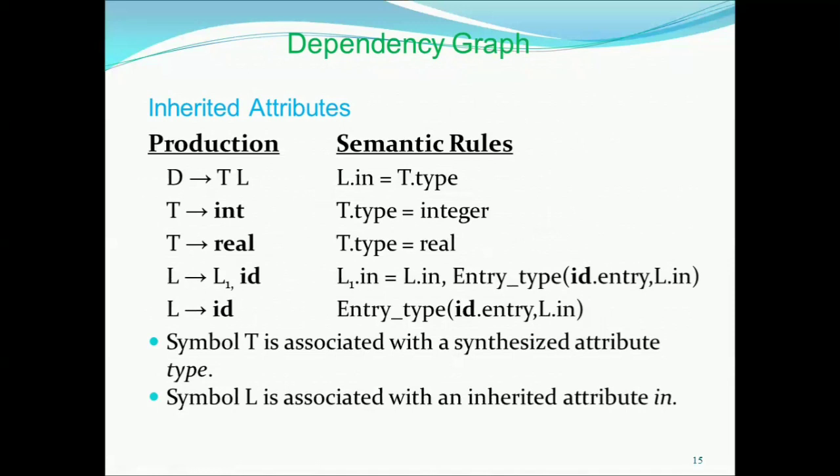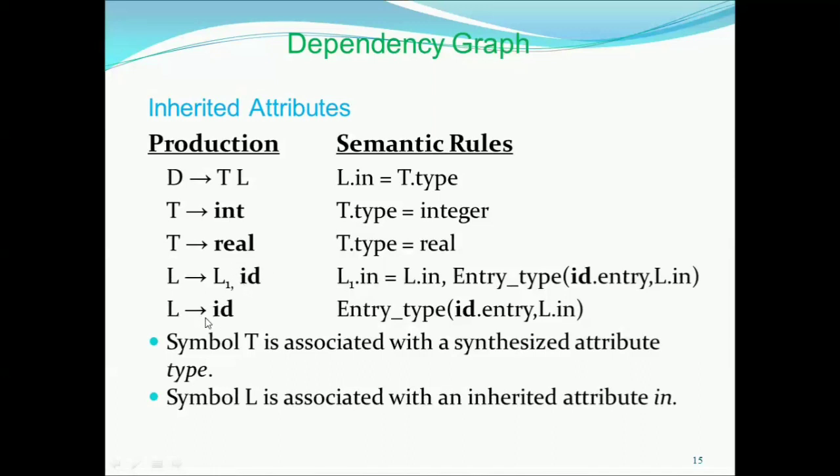Now coming to an inherited attribute, it's very important because understanding an inherited attribute requires lots of patience. You can observe that this particular grammar is used to generate a number of variables of a particular type. So it says that T tends to TL, T tends to int, T tends to real. It means int and real. Now T is getting its value from its child, that's why it is called a synthesized attribute. Whereas in this case, we have two things. One is we get the inherited value from its sibling, and also we get the inherited value from its parent. I'll explain how we are going to get it.